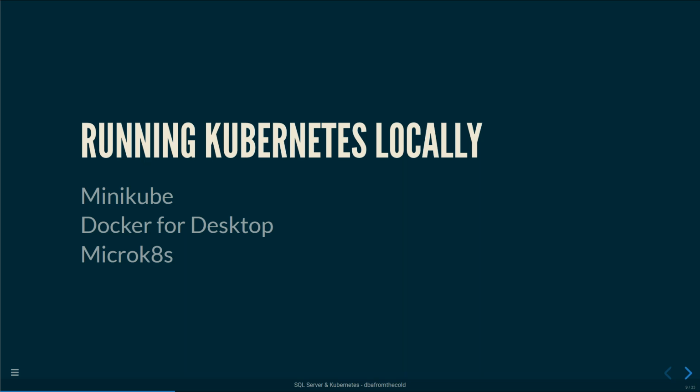I've mentioned previously, we have Docker for desktop. This is what I'll be running my demos on. There's a little tick box in the Docker settings, and that will pull down all the components required for running a local Kubernetes cluster. And then the other one there is MicroK8s. So if you're running on a Linux laptop, highly recommend MicroK8s. Does exactly the same thing as Docker for desktop, allows you to run a one-node cluster locally on your machine.